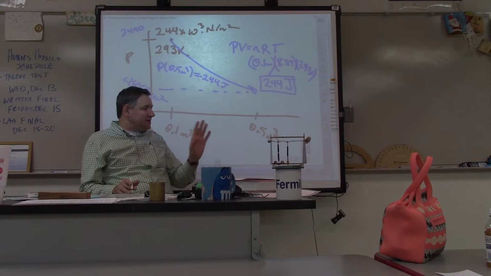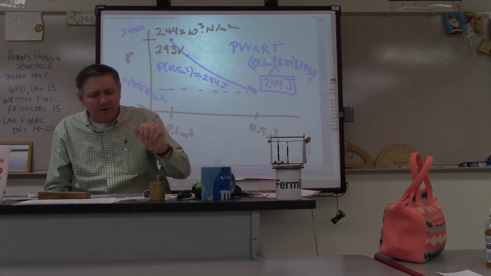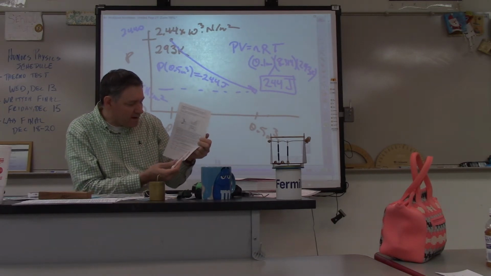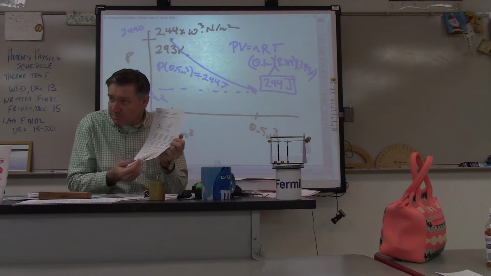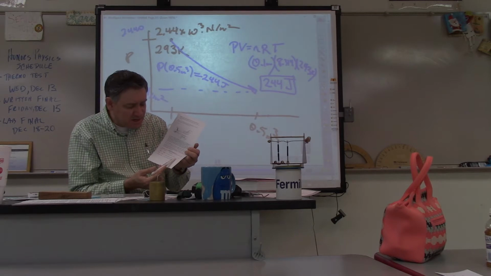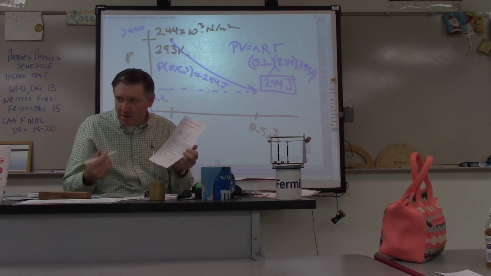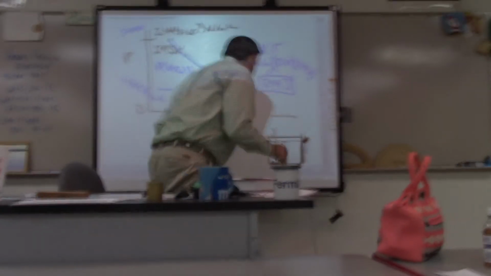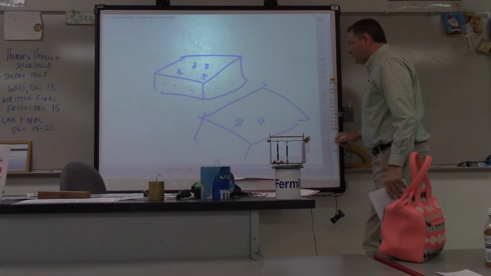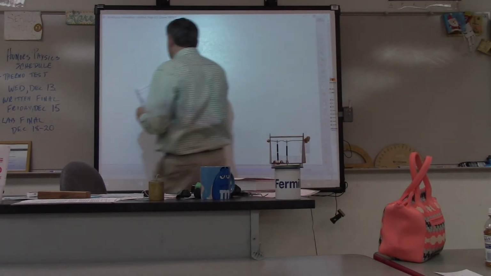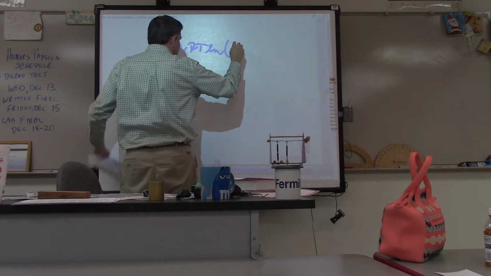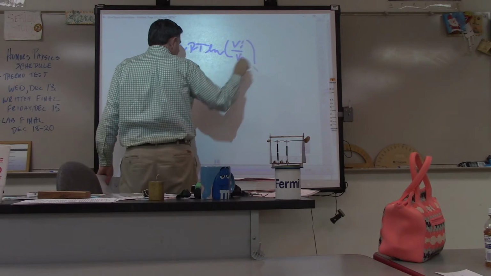Now, don't flip out and go, oh my God, we're going to do calculus. It's okay. It's all cool. If you'll notice on this handy-dandy equation sheet, on an isothermal, I've got work equals, and if you ever need this equation, I will give it to you. Work is going to equal nRT, natural log VI over VF. So let's talk about this equation, and we're going to do the math on this because we're going to find this area.